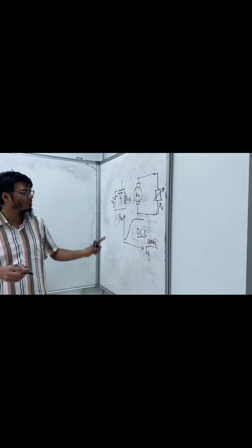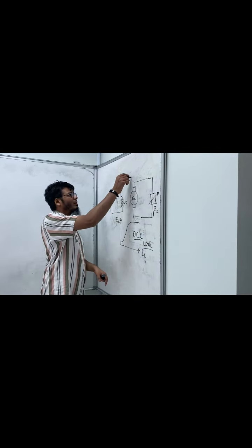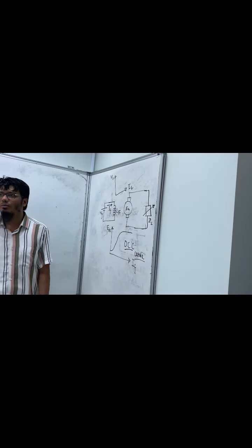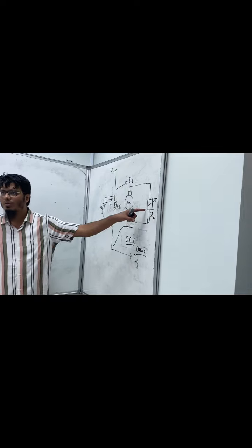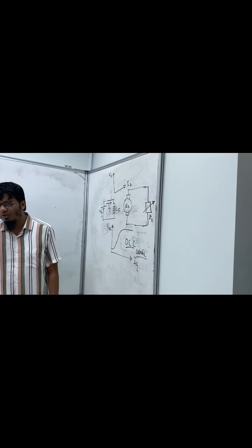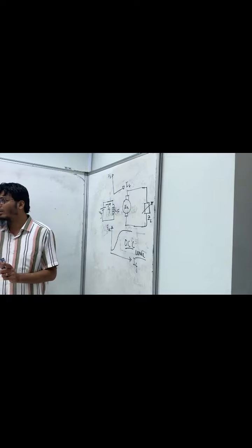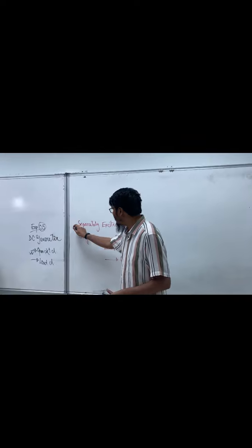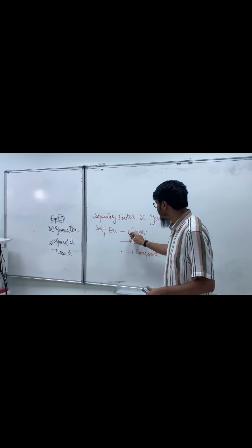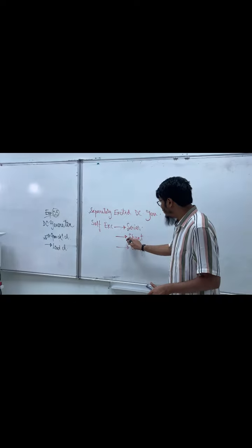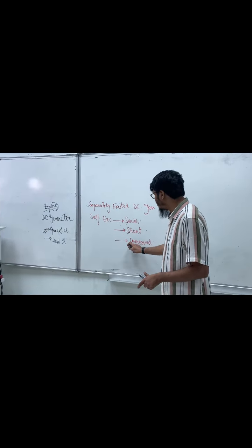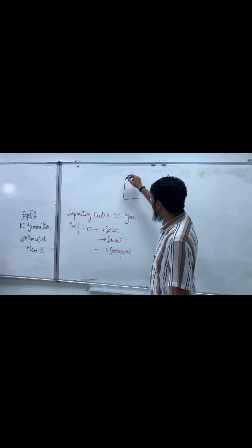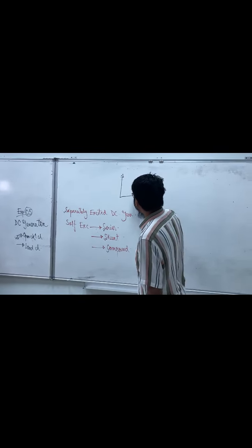So what will we plot? We will plot the load characteristics, and load characteristics is VL versus IL. You understand? If you change the resistor, what is the behavior of the voltage and the current on the load side? Clear? So this one we will do for all of them. We will do it for separately excited, for series self-excited, for shunt self-excited, and for compound self-excited. And for each of them we will plot the VL versus IL curve,